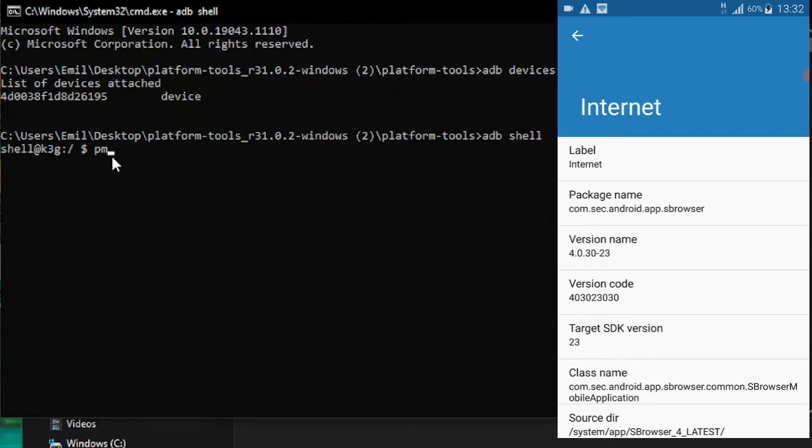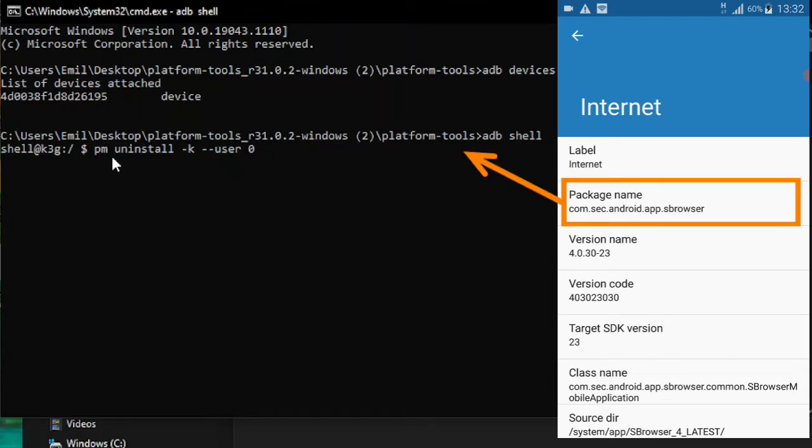Now you type in command prompt pm uninstall dash k dash dash user 0. Now you need to type this package name into the command prompt.